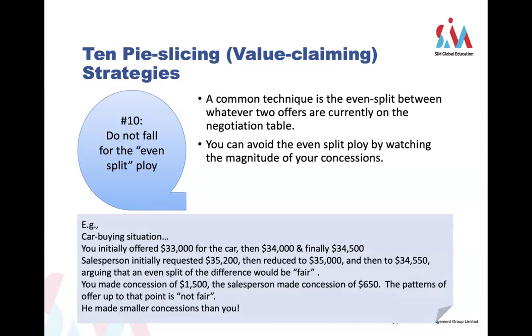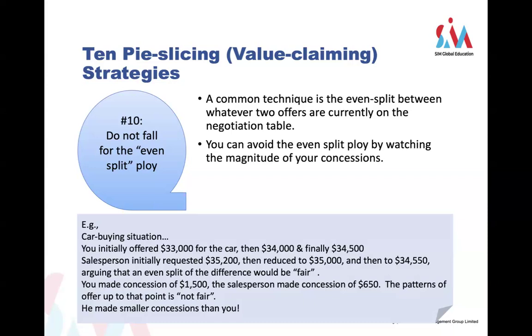If you have made the calculation, you know that the salesperson has only made a concession of $650. Okay, $650 concession made by the other party as compared to your $1,500 concession, right from the start, it is not fair already. Now, at this point, if the other person says, let's both give in a little and close it at the midpoint, okay, it is already not fair right from the start because you made a much bigger concession than the other party. So do not fall for the even split ploy,